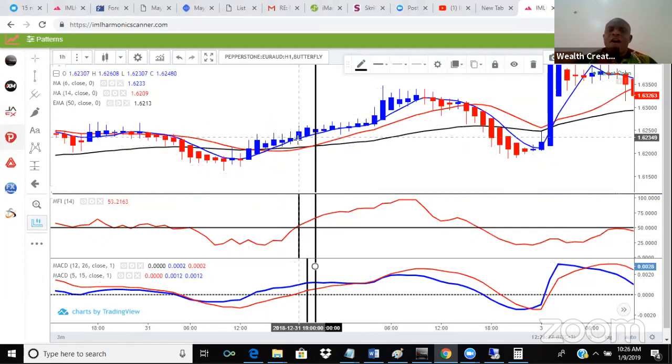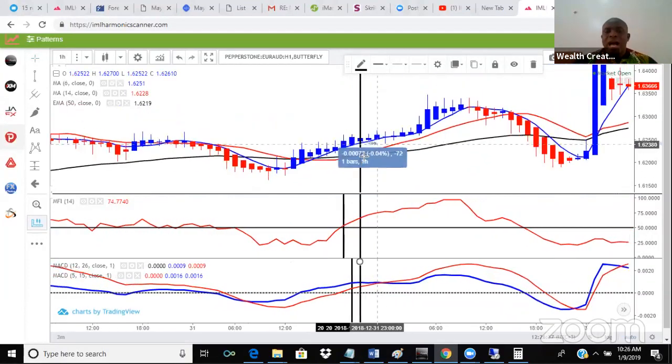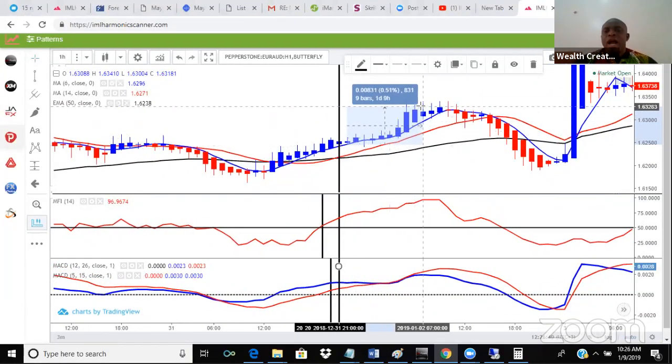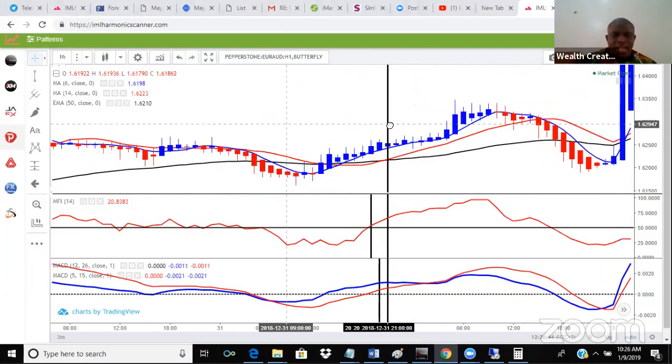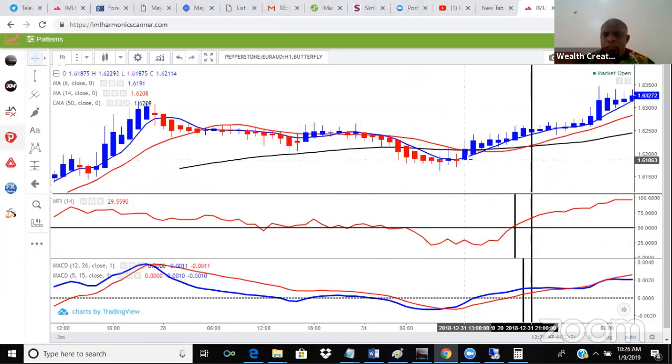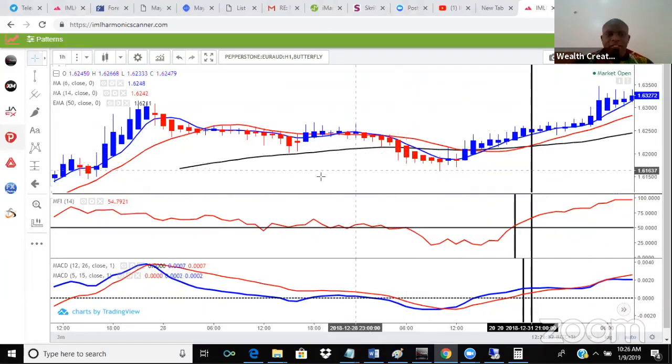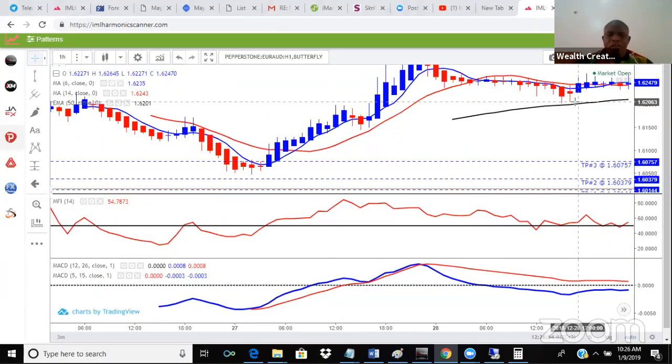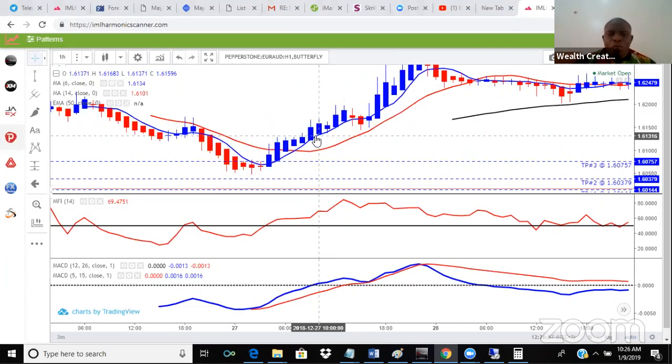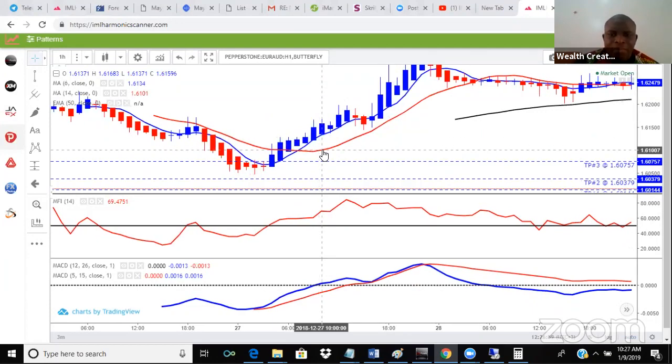And you can see before that candle, you saw a blue flat bottom, which means there will be momentum. And you pick out your 10 pips. And it gave us 83 pips. Look at this place. You are looking for a sell, but the setup is not complete. Buy is what we are looking for here. The blue moving average is above the red, and they are both above the black.